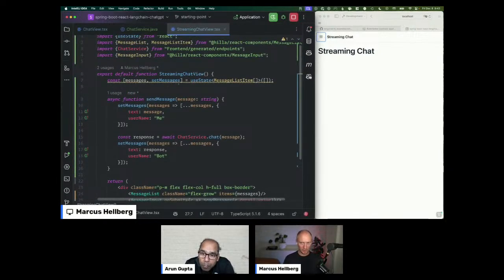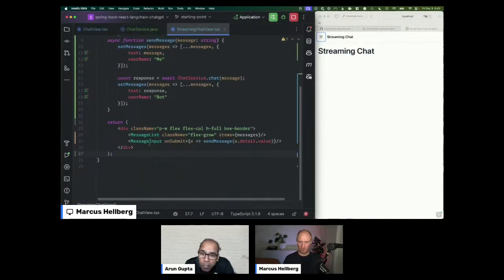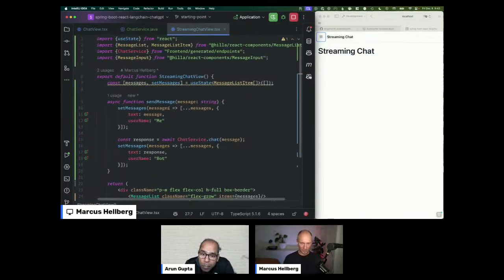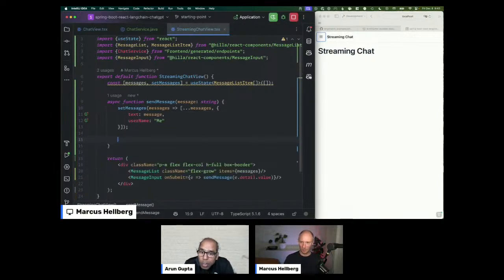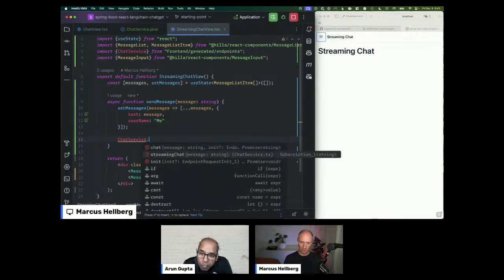We're still going to need a state where we have messages. We still send messages. It just looks a little bit different. And this is the main place where that happens. Instead of expecting just one value, we want to subscribe to n values. So what that looks like is we're going to do the chat service, and now call the streaming chat method, and you can see that appeared here.